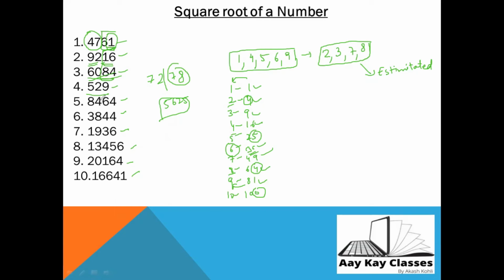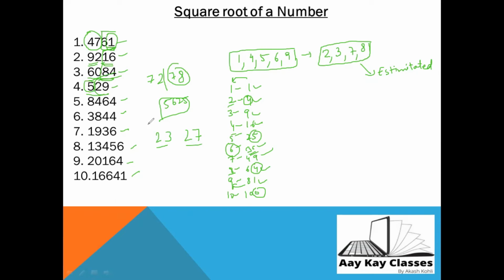So, okay, now we will discuss this. This is 529. So this is ending with a 9. So what you have to write? You have to write 3 or 7. So 3 or 7. Now you have to leave these two digits. Now this is 5. 5 is what? This is 4. So 2. 23 or 27. Now again, there is a confusion whether 23 is the answer or 27.